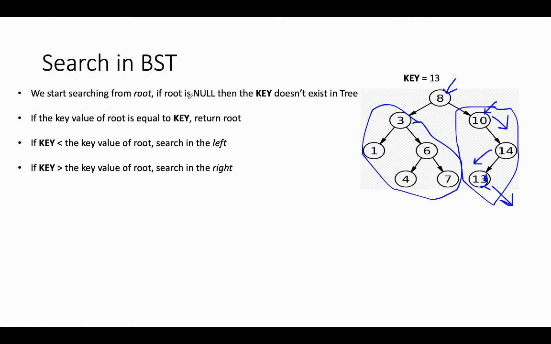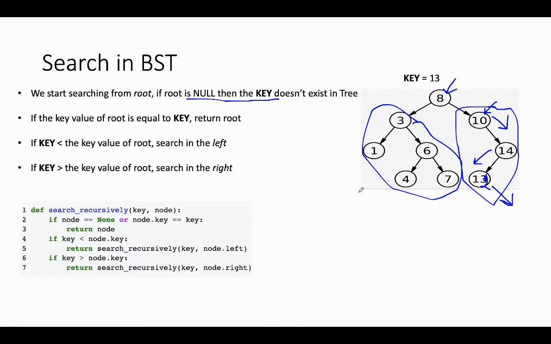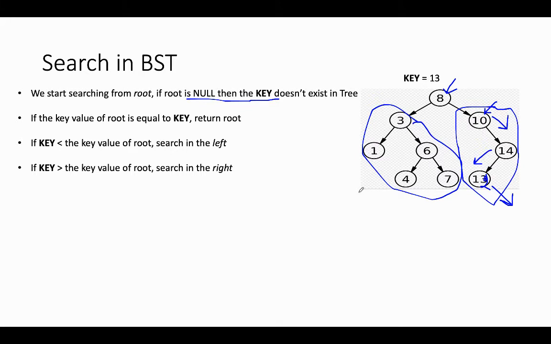So we basically encounter this case, and our algorithm should return that the key does not exist in the tree. So that's how search works in binary search tree. We can also make one more assumption, that the maximum number of comparisons we need to do is basically the height of the tree. Now let's say the height of the tree is h, then we can simply say that the time complexity of this algorithm is order h in big O notation. So it's just a minor point, but yeah, we should take care of time complexity also.